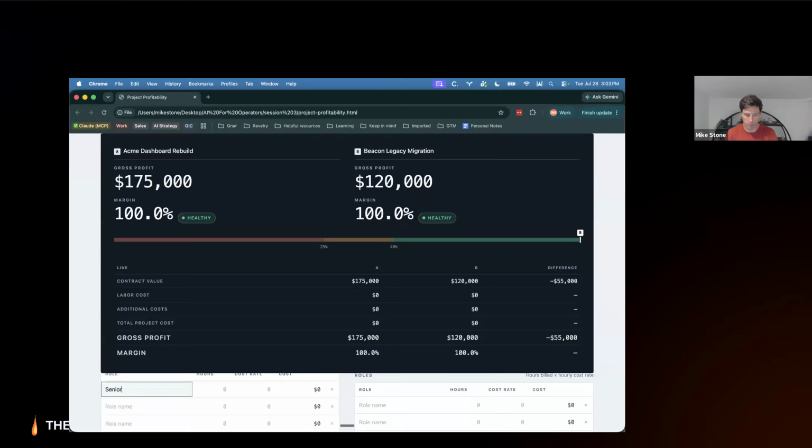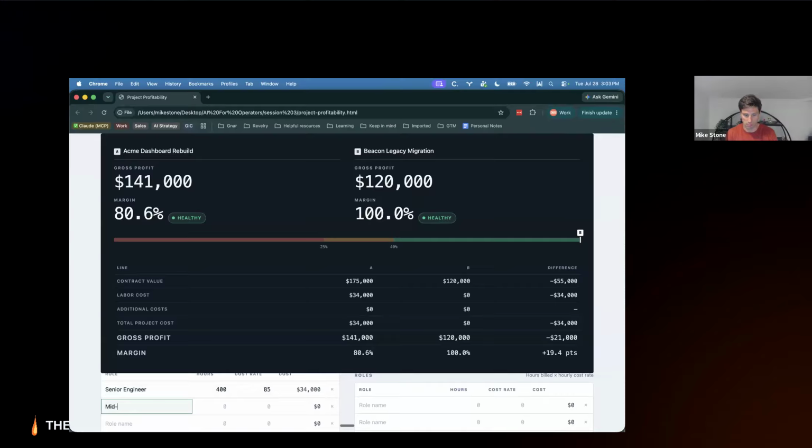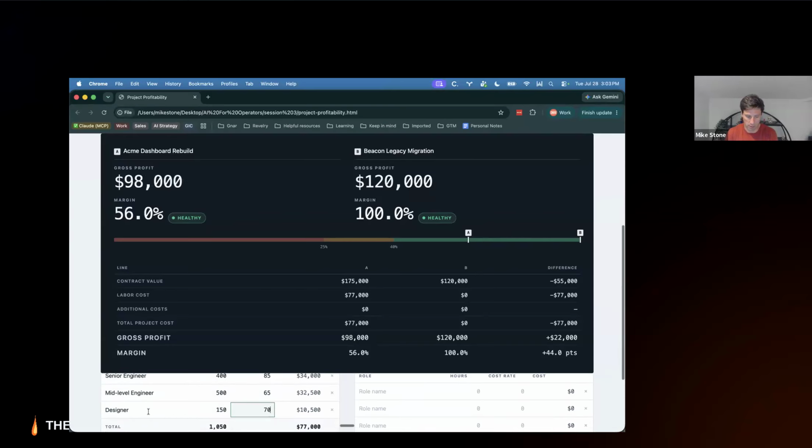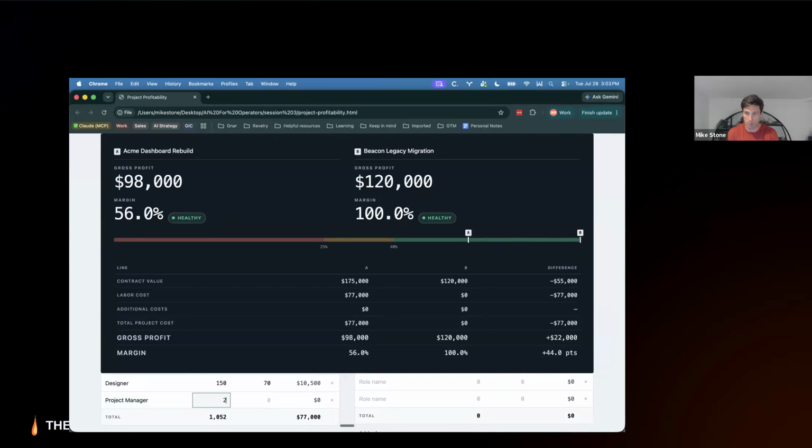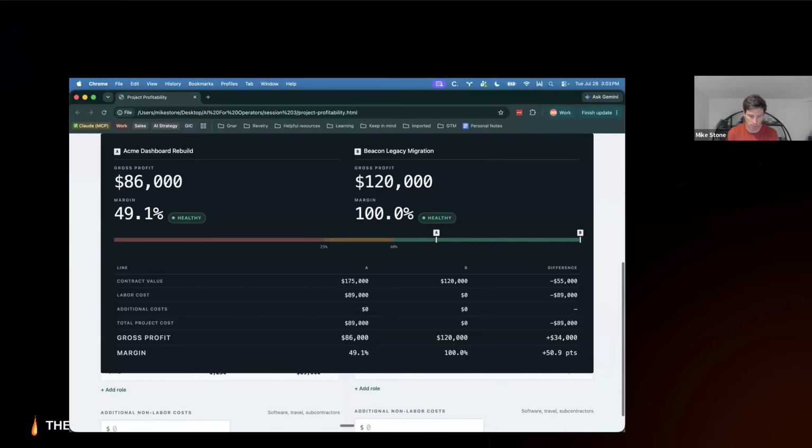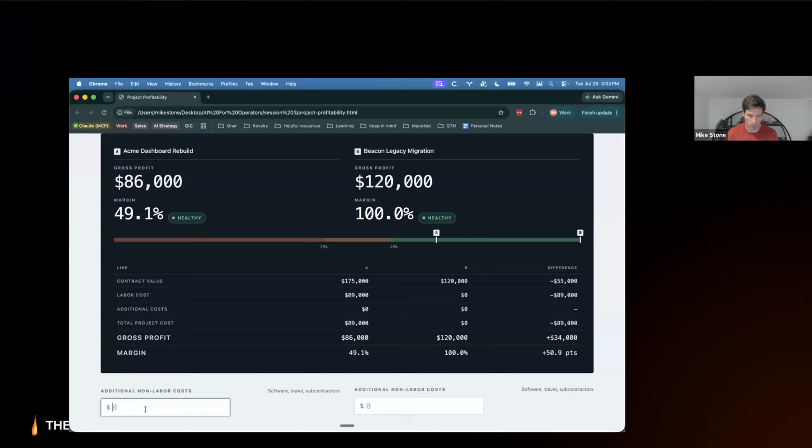For this one, we had our senior engineer at 400 hours, 85 an hour, mid-level engineer, 500 hours at 65 an hour, designer, 150, 70 an hour, and we're going to add a role for the project manager, 200 at 60, and our additional non-labor costs we said were 10,750.